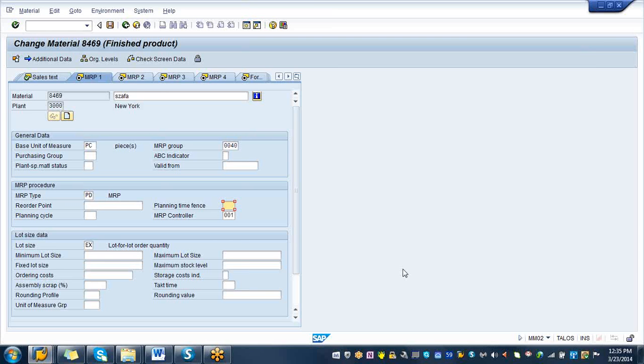Okay. Then the next one will be lot size. You have to have a lot size. You can have a fixed lot, or lot for lot. In this case, it's not a fixed lot, it's lot for lot. Okay. So